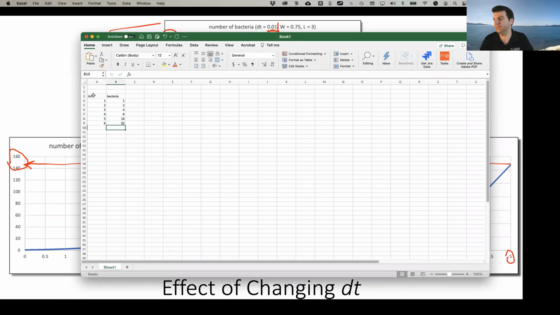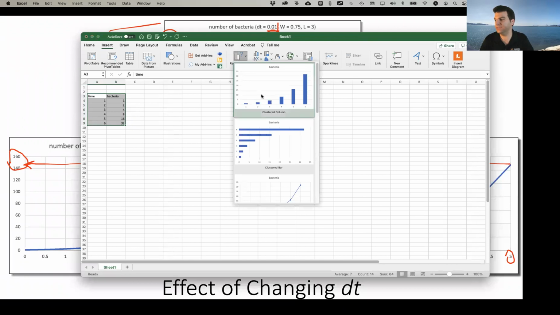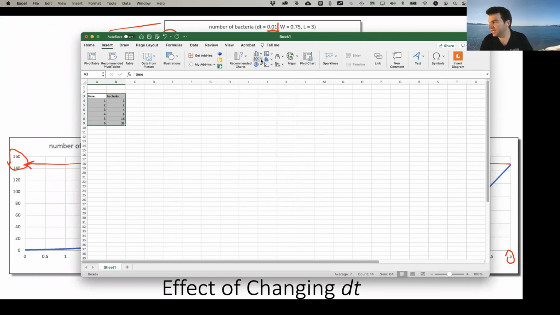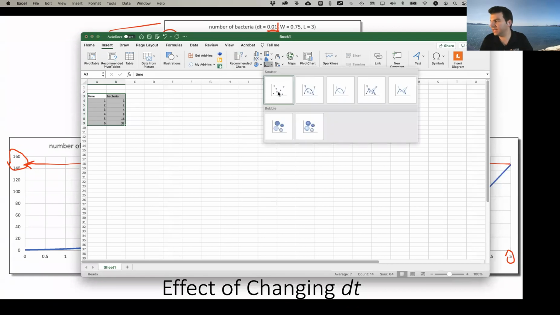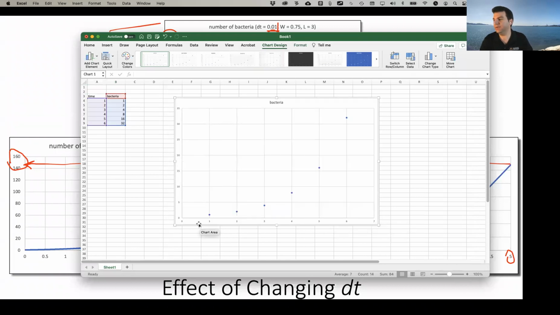If I wanted to plot this thing, I might highlight this thing here. I might go to insert. I might look at the recommended chart, see if there's anything that I like there. Maybe I like this one. I am going to go with the scatter plot here. And so now I say, okay, I see all the points there, but I want to be able to edit